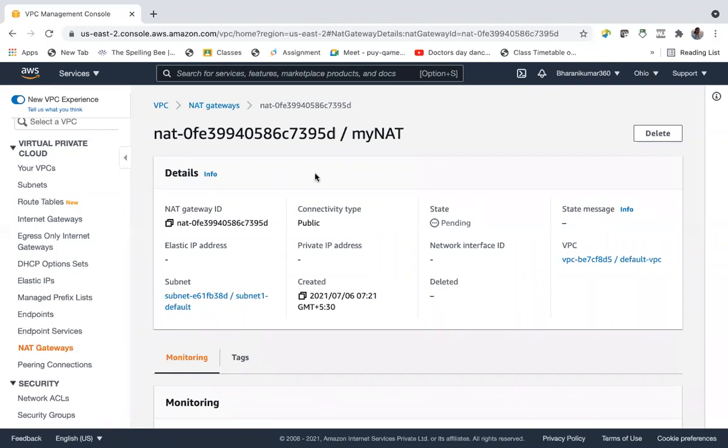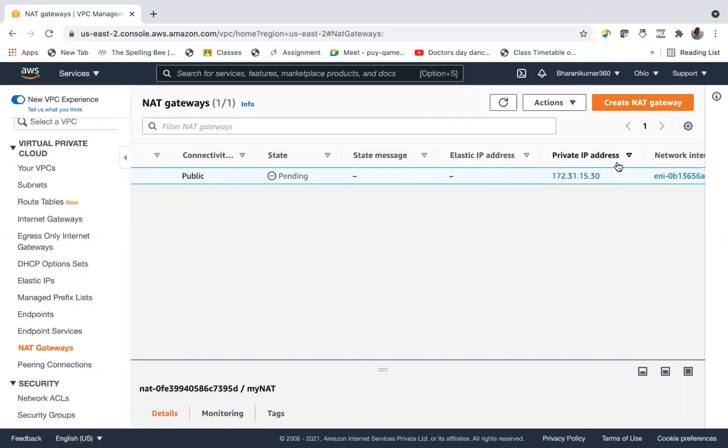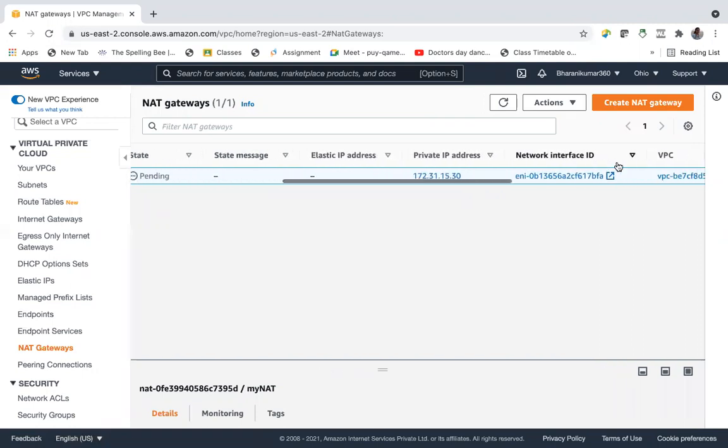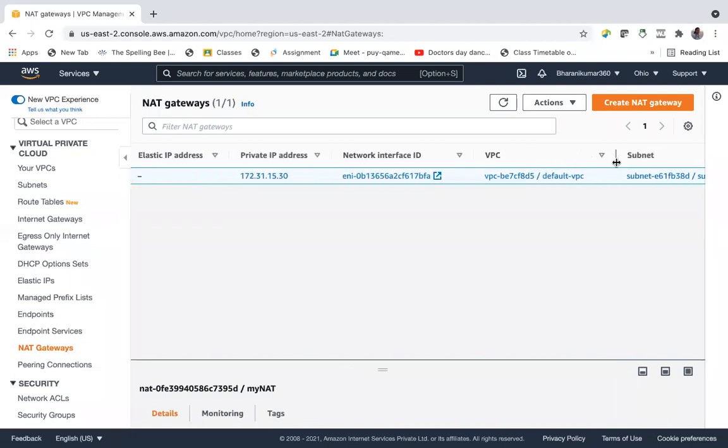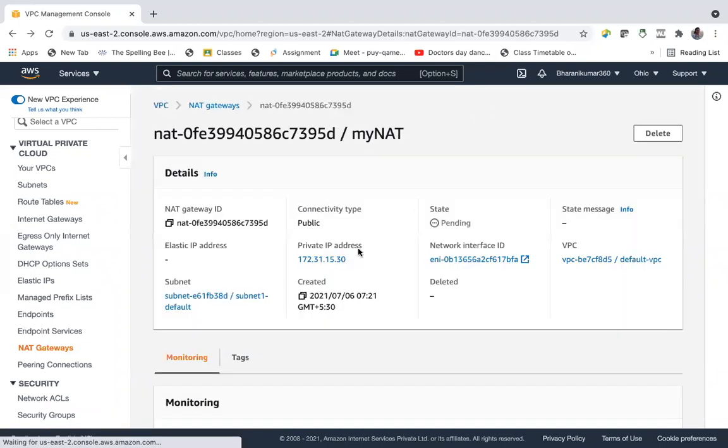After creating the NAT gateway, we have to add a route in the route table. Still in pending state.